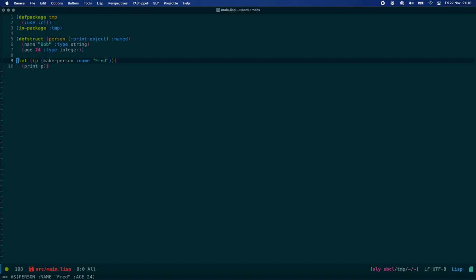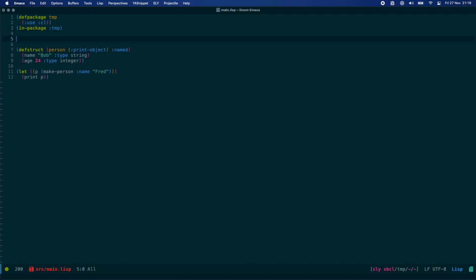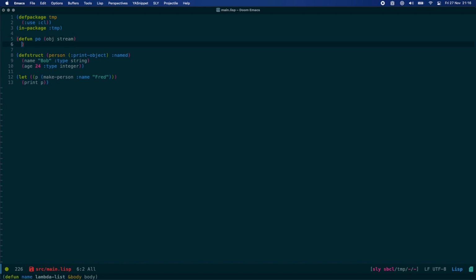Now, print function and print object do not have to receive parameters, but if they do, we can say defun PO, and this takes an object and a stream, and what we can do is say format stream ~a, and we're just going to print out the name, so we'll say person name object,